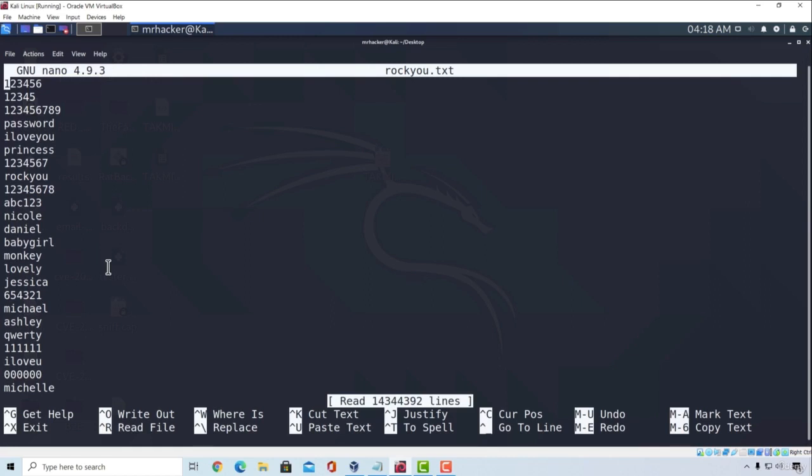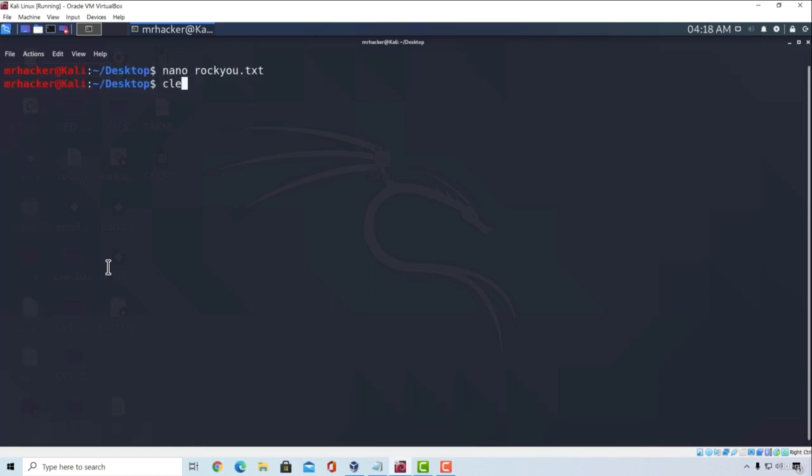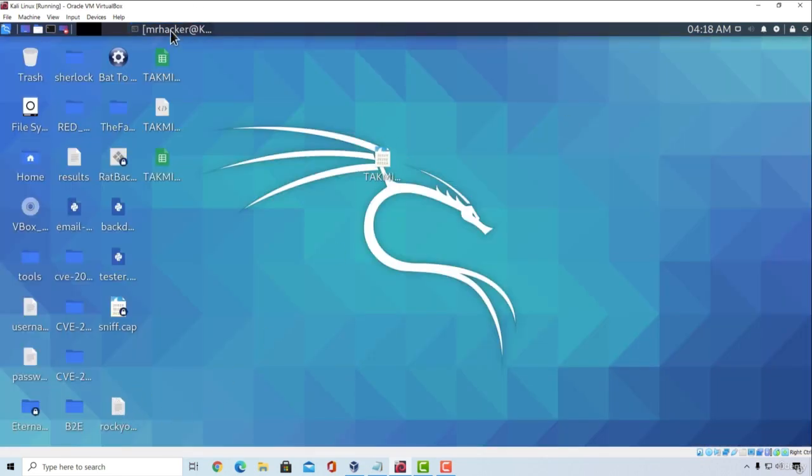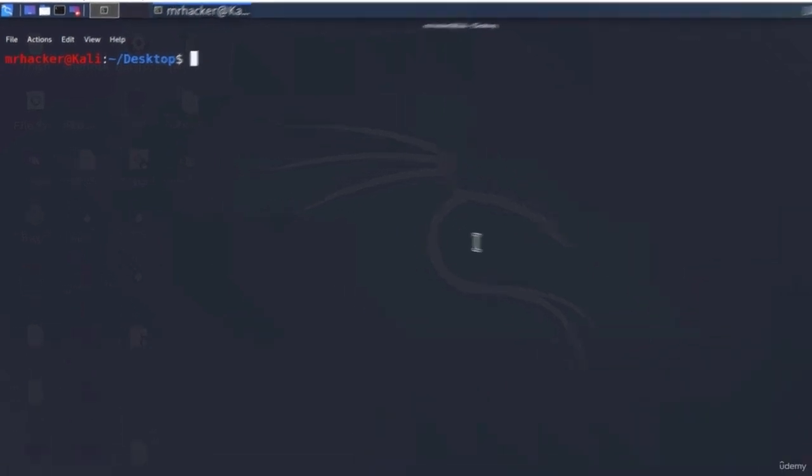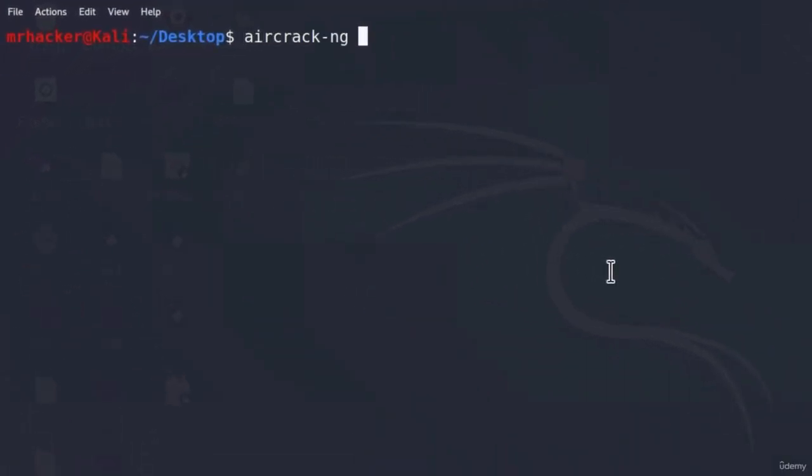Now, to crack this, now that we got both of these files right here, we're going to use the .cap file from our desktop and the rockyou.txt word list. We're going to combine that with a tool called aircrack. Aircrack is also pre-installed in Kali Linux, so you just type aircrack-ng. And to crack the password, all we need to do is type -w and then the password list name. In our case, this is rockyou.txt. And after it comes the name of the .cap file. So I'm just going to type the name of the file and then .cap. This is the entire command. If I press enter,